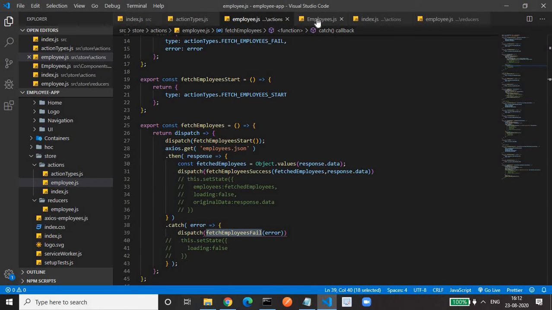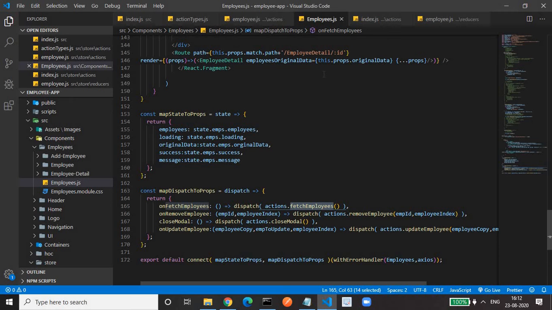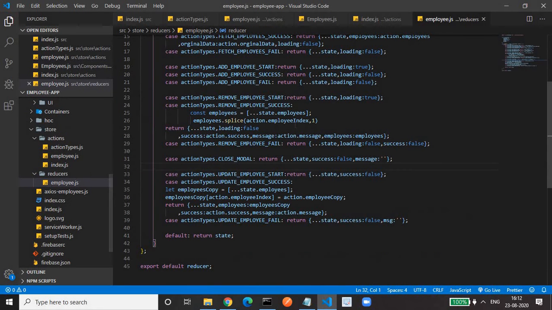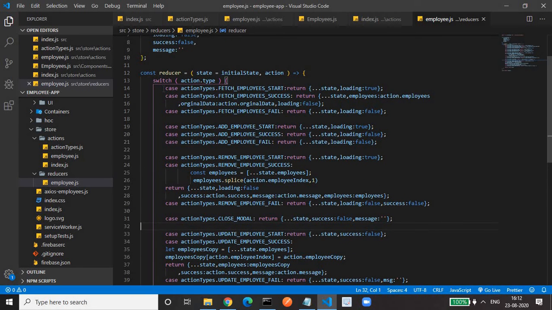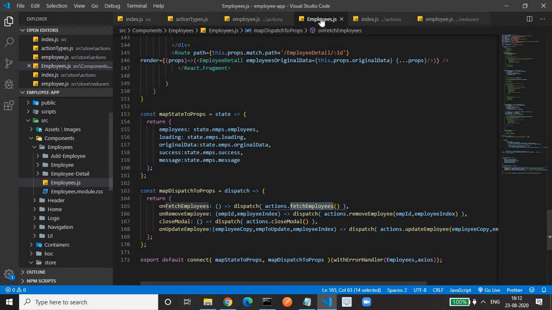Okay, in this way it is the flow, and those actions are handled by the reducer. On the basis of the case statements, it will update our state. So the action is executed by using the reducer, and the reducer is the function which is used to manipulate the state in the store.